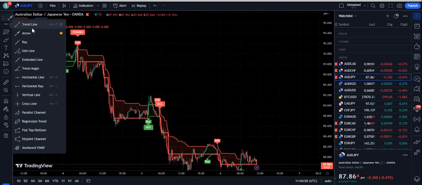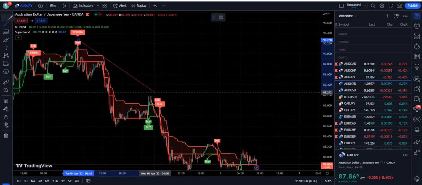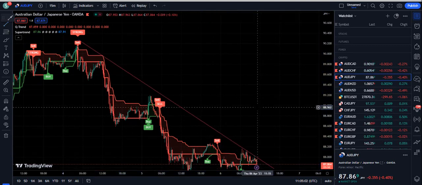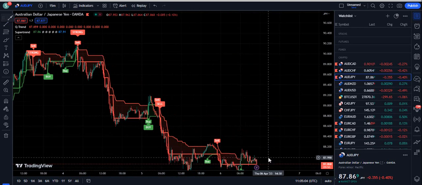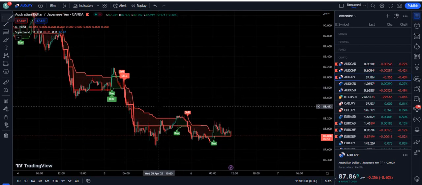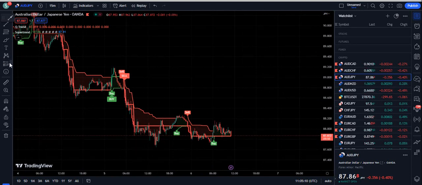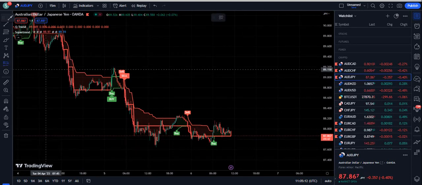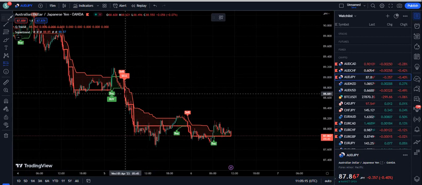So what is the trend going on here when the market is already in the trend? For example, this is the downtrend. Always take help from the trend lines. So what are the entry rules? The entry rules are very simple. The super trend should be red in color, and you get a sell signal from the Q trend